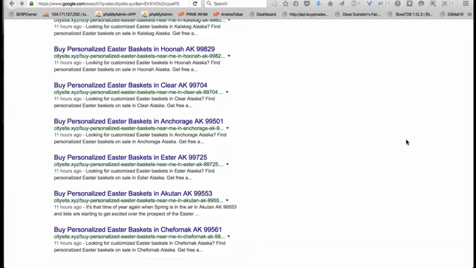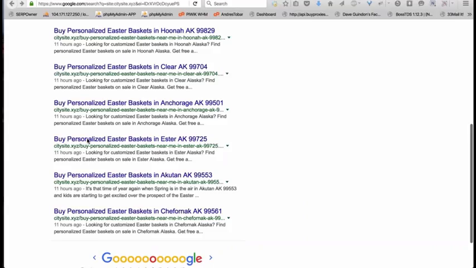The tag words, should they be capitalized? Depending on the theme and the SEO plugin, sometimes the theme itself will capitalize it and show it correctly in the SERPs. For the most part, just to be safe, you do want to capitalize them. I didn't, just because I was going kind of quick. But for the most part, you want to capitalize them. Otherwise, when they show up in the search results, they're just going to show up lowercase, which kind of kills CTR, and just doesn't look very professional.